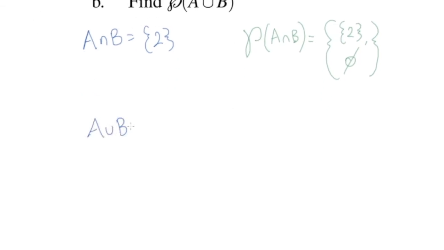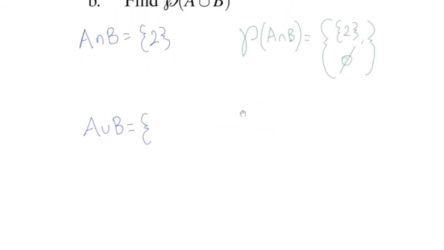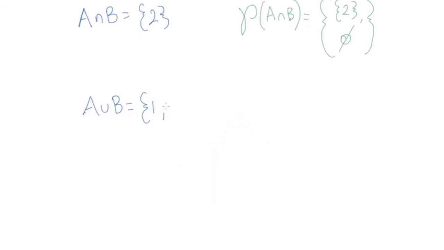So A union B equals, so it's going to be the set of all elements which are in either set. Let's just scroll up to look at what they are. So we got 1, 2, and 3. We don't need to count 2 twice. So 1, 2, 3. Now we've already seen what a power set of a 3-element set looks like, but let's